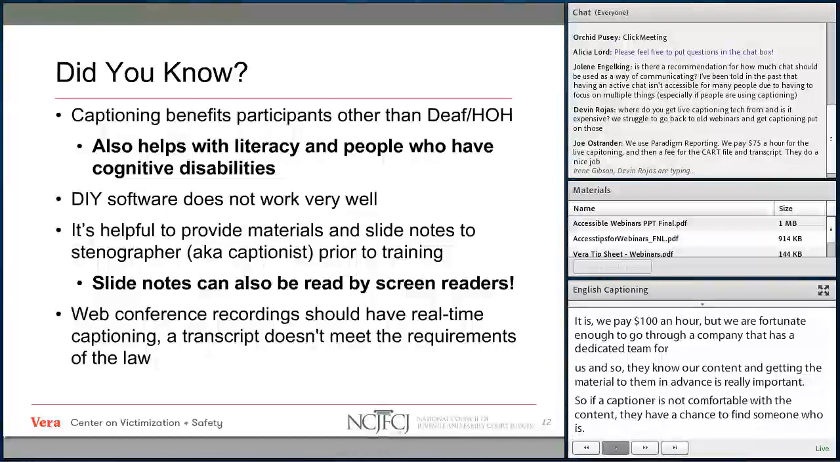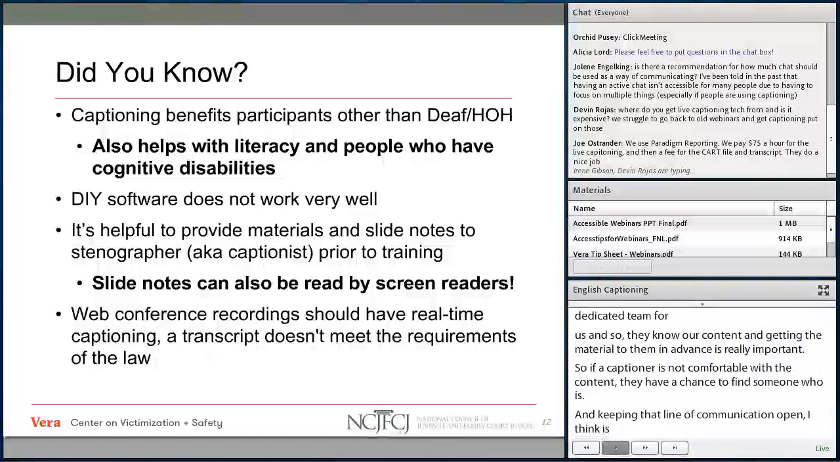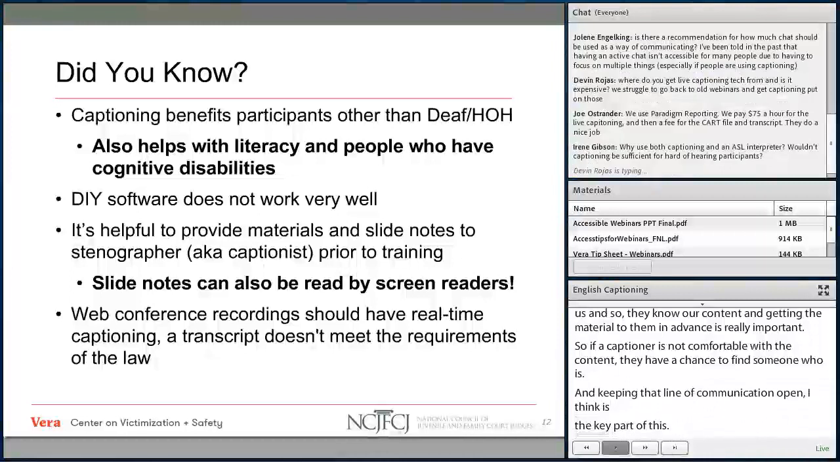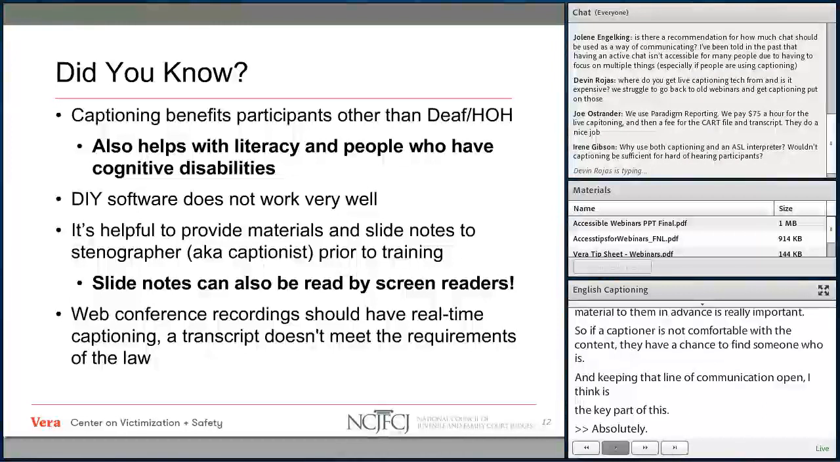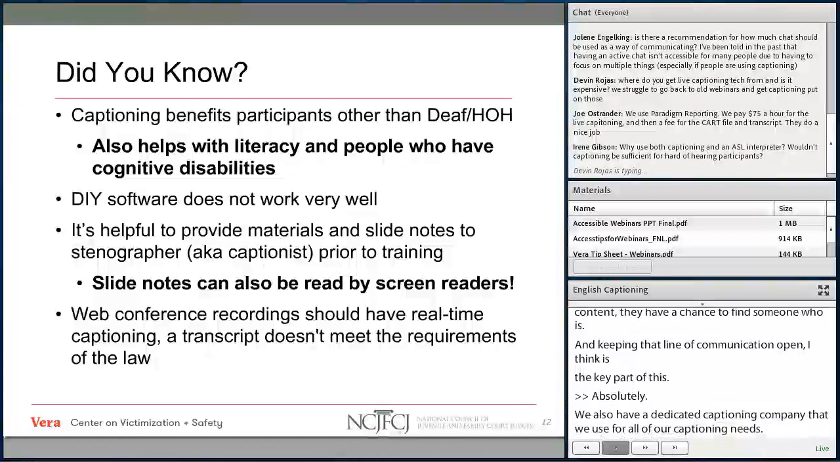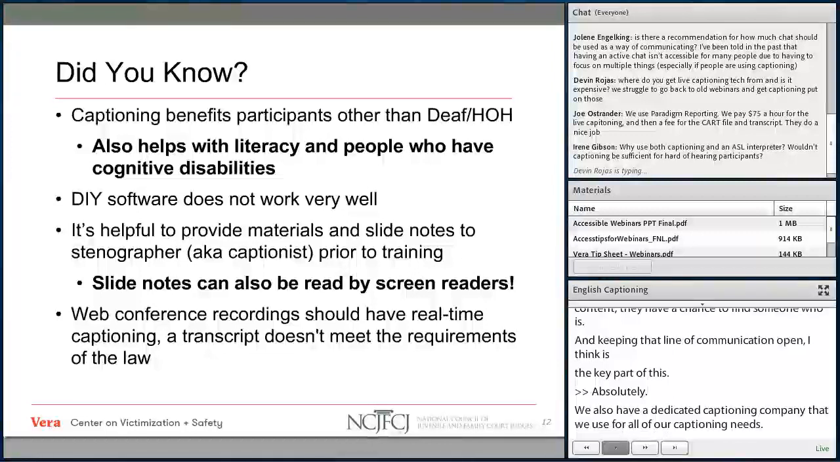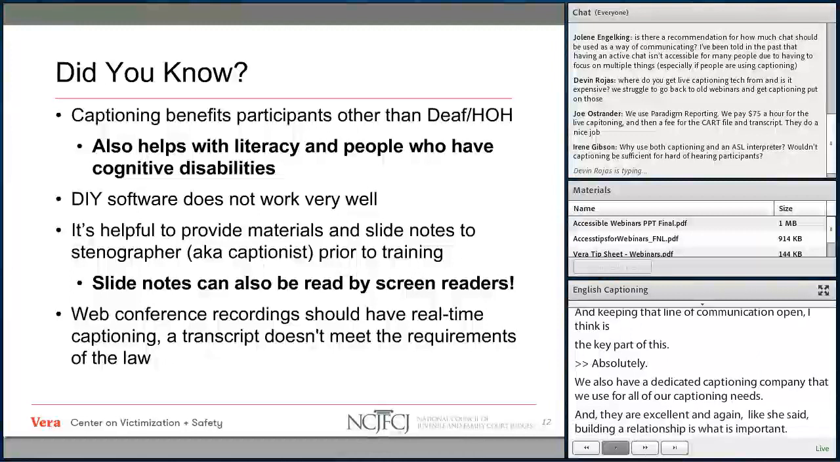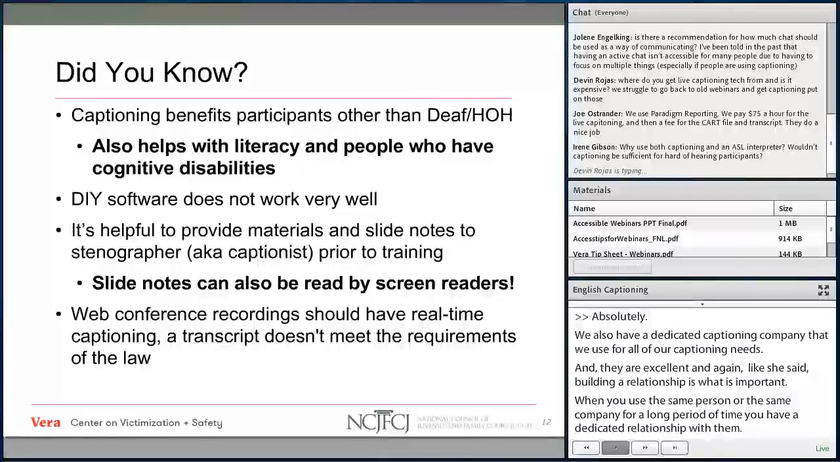Absolutely. We also have a dedicated captioning company that we use for all of our captioning needs, and they are excellent. And again, like Alicia just said, building that relationship is really what's important. When you use the same person or the same company for a long period of time, you have a dedicated relationship with them. It really helps build the continuity of the webinar, keeping the captioning on point, every terminology, people know how to spell it, people understand what it means in context. It just adds a lot to the